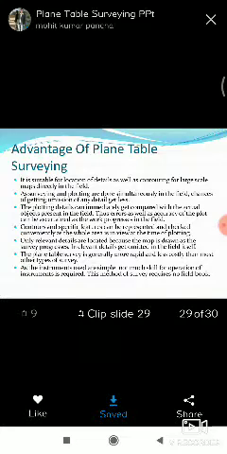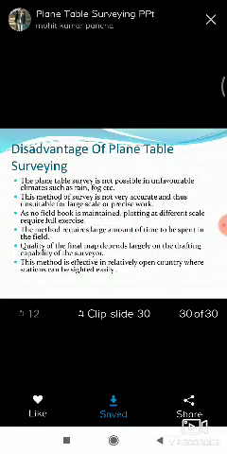As we know, for leveling work and measurement of magnetic bearings, we require a field book for recording the readings. But in this plane table survey, we do not require a field book because what we measure on the ground is directly marked on the sheet. Therefore, we do not require a field book for recording the readings. So these are the advantages of the plane table survey.